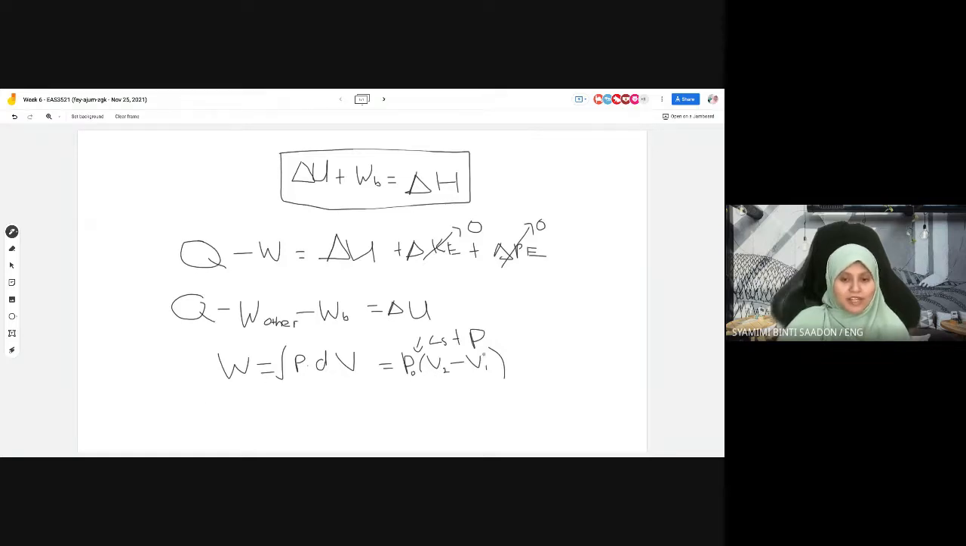Since the pressure is constant at 300 kilopascal, the initial pressure is constant throughout the process, which means P1 equals P2, P initial equals P final. Because P is constant, we can rewrite this energy balance, Q minus W due to the electricity and other stuff,